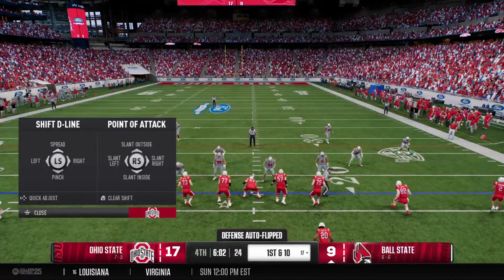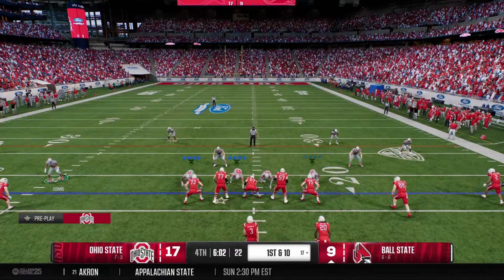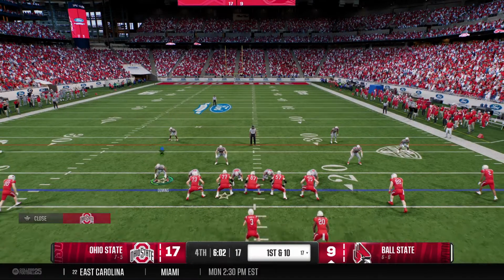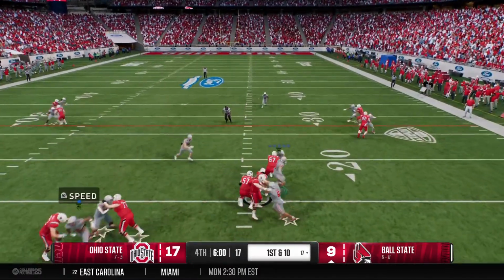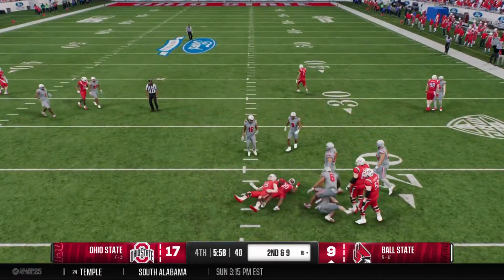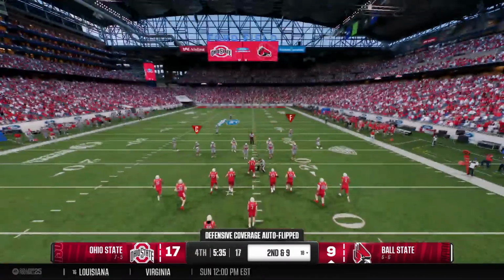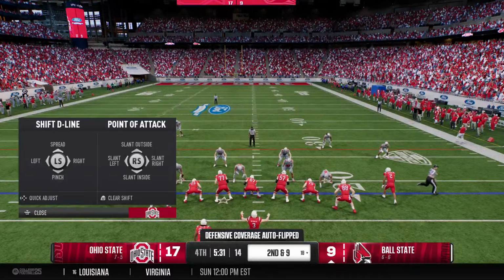Ball State gets it back. The offense headed to the field. That last drive fizzled out, Jesse. They had to punt it. Yeah, they did. And, David, they're just going to have to do a better job this time around erasing the mental mistakes. And just trying to solve the defensive riddle, understanding what they're trying to do to you and attack them. Didn't get much on 1st down.